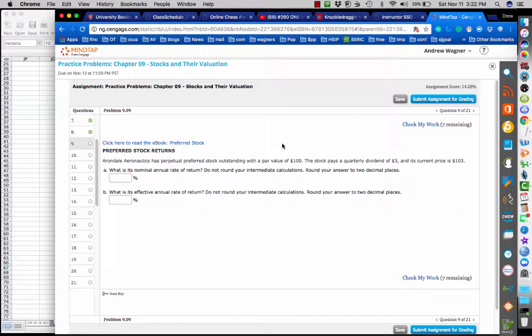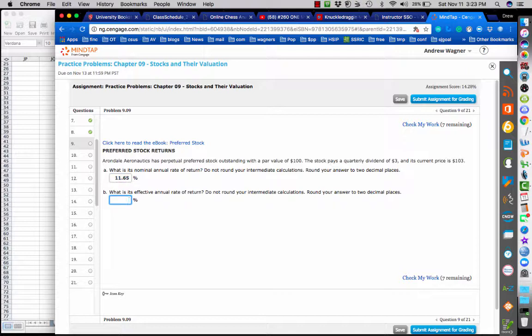Well, the nominal rate of return per payment period would be the dividend for that payment period divided by the present value, which is the market value. So in this case, that'd be 3 over 103 per quarter. Now to find the nominal per annum rate, we'd have 3 divided by 103 times 4, because there's 4 quarters in a year, so that would give us 0.1165,